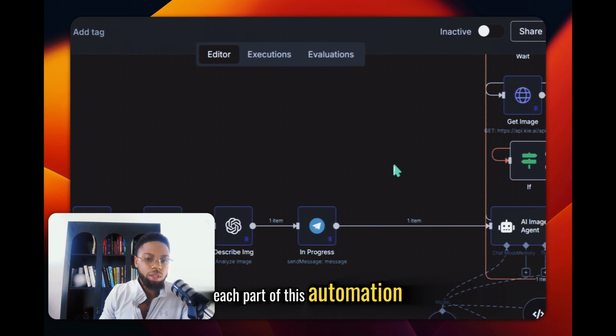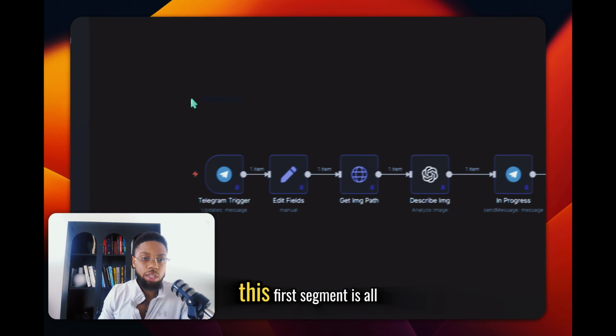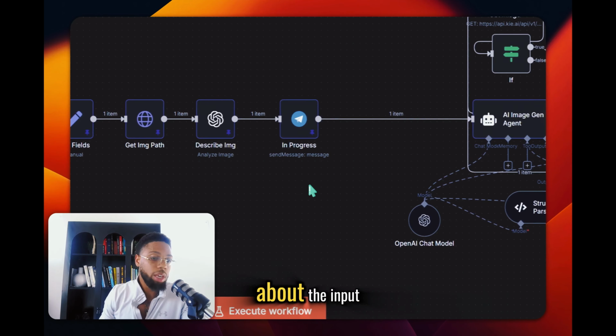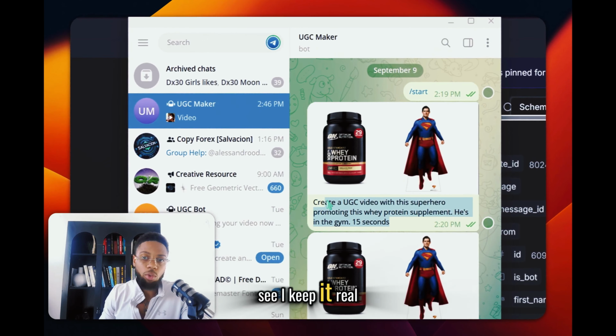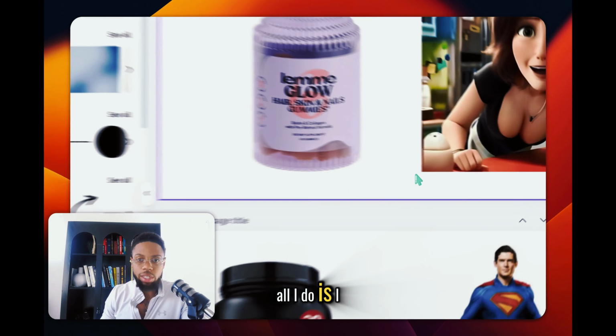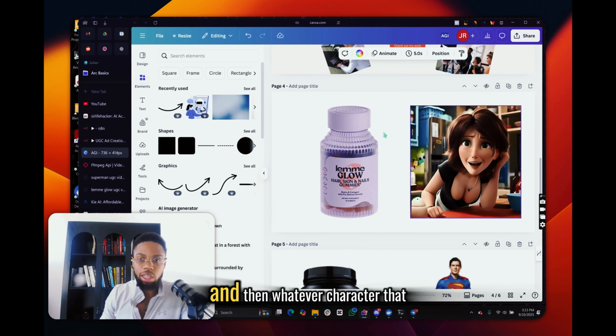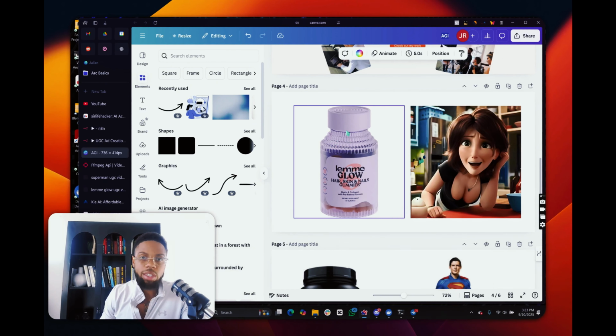Each part of this automation basically has different segments. This first segment is all about the input. And this trigger is basically just waiting for me to send a message to Telegram for what I want to create. And you can see I keep it real simple. All I do is I literally just put in the product and then whatever character that I want inside of